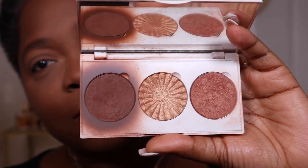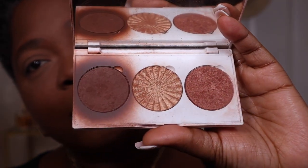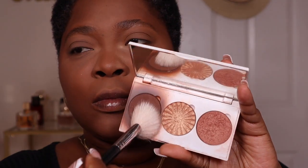To bring some color back to my face, I'm using the Face It Midi palette, and honestly, you don't want to see what this palette looks like now. I recorded this a little while ago, and I've hit pan, so much pan in that particular shade that it's crazy. This is by far one of my favorite